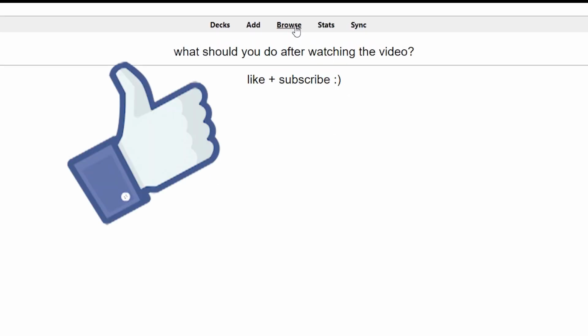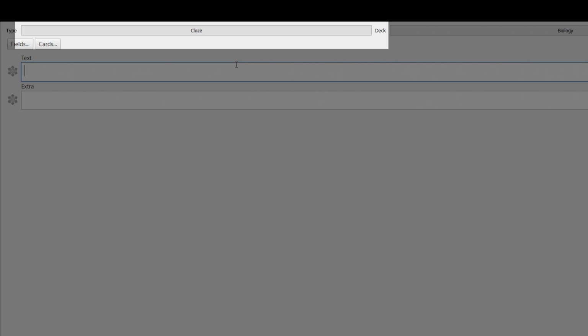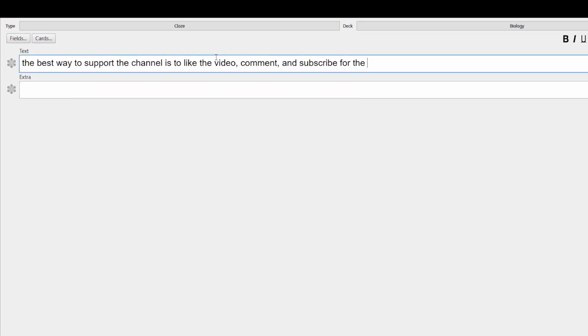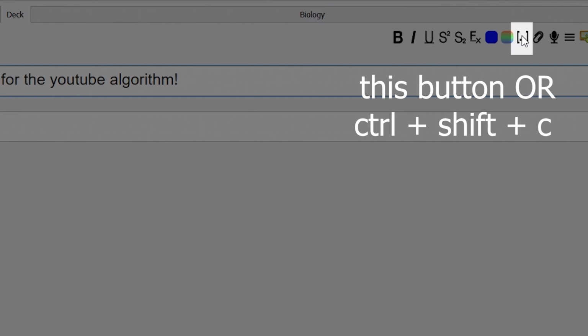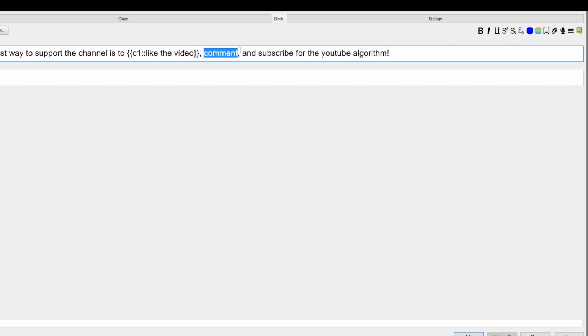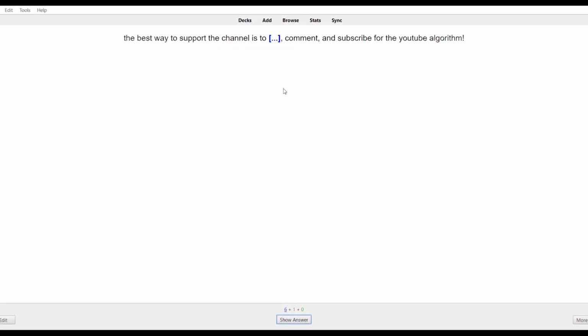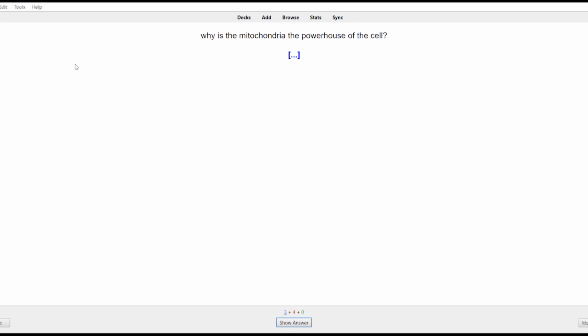And that's pretty basic. The one that I liked using the most this year was the cloze deletion, which basically creates sort of a fill in the blank type of question. And I find this to be particularly useful in memorizing certain facts, which can come into play when you study subjects such as psychology or the like. Here you just click Ctrl-Shift-C after highlighting a certain part of the text, and it will show up as this weird bracket looking thing, which is the part of the sentence or question that will be blanked out when you're